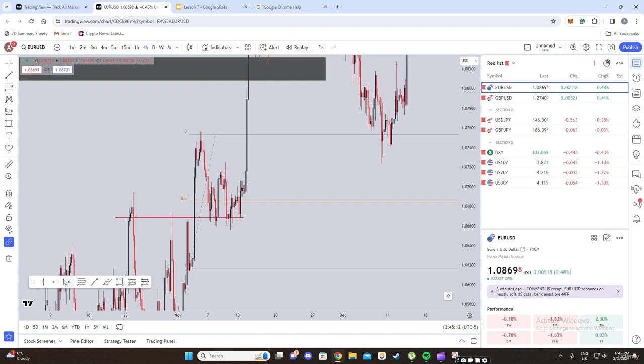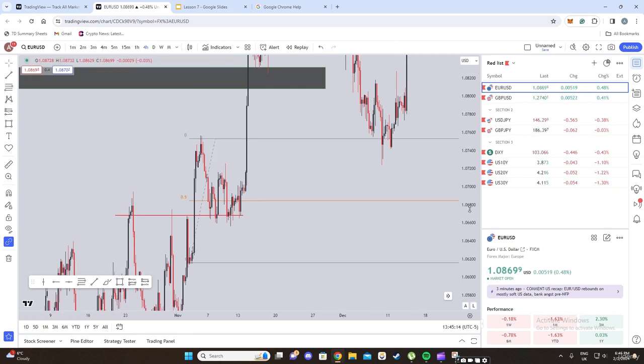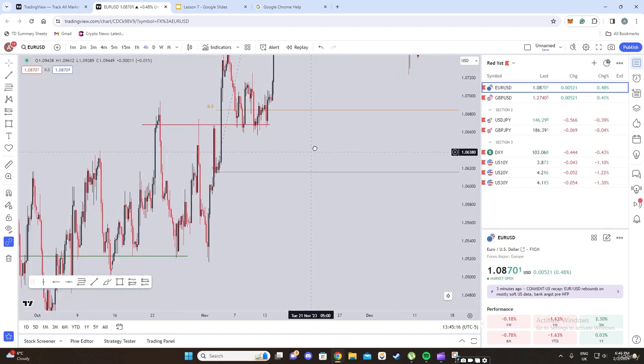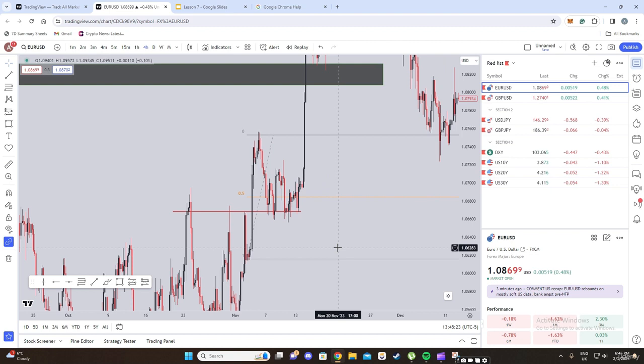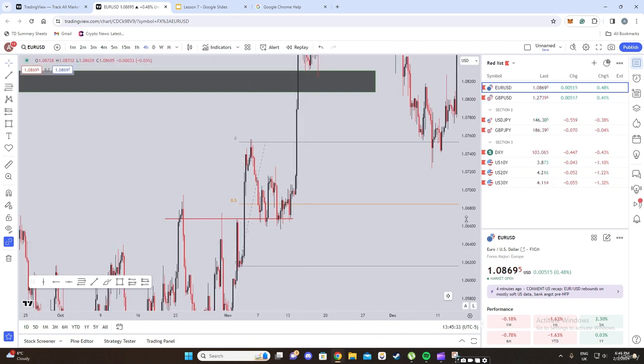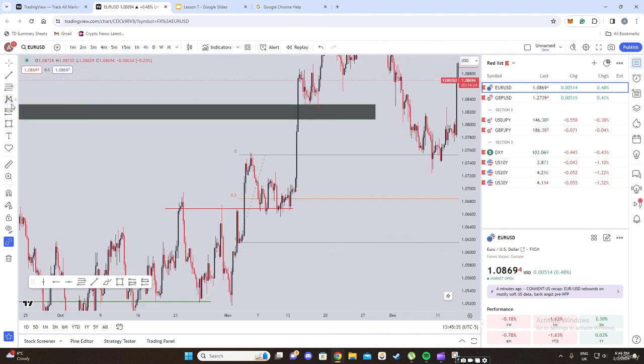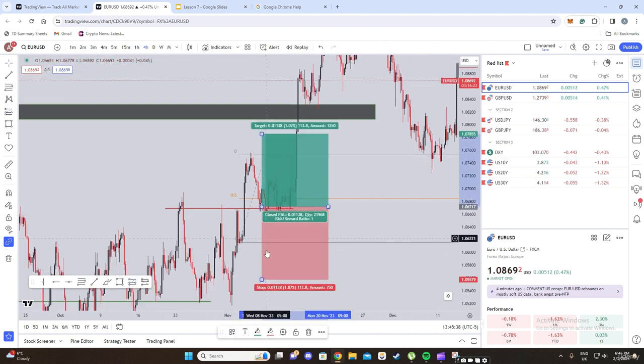So now all of our criteria has been met to go long. We had a run on the liquidity here before a displacement higher, which confirms our underlying bias. Then price was to retrace to the discount of our range and is in confluence with this gap being filled and the breaker here being at that level. So you would open a long position here